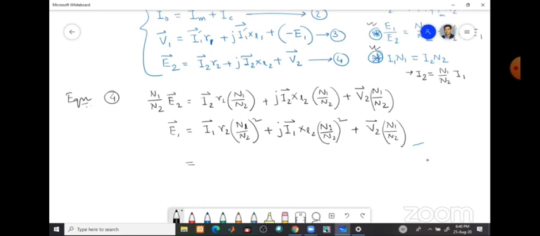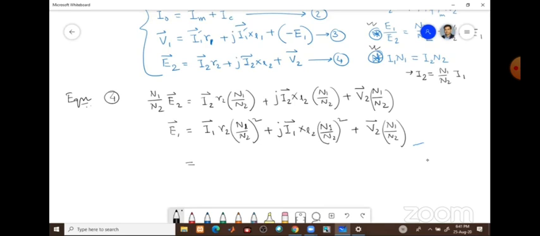Sir, I have a question. Why are we always using vector notations in all these terms, E1, E2, I1, I2? Are all of these vectors? These are all vectors or phasors. In electrical terms we call them vectors. Have you read phasor algebra and phasor diagrams in AC fundamentals?